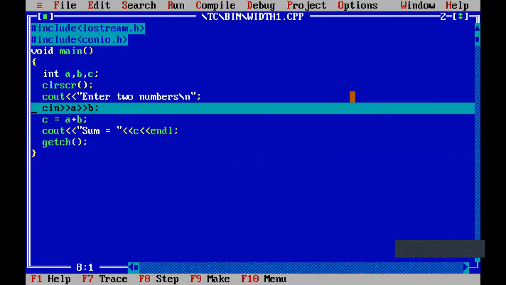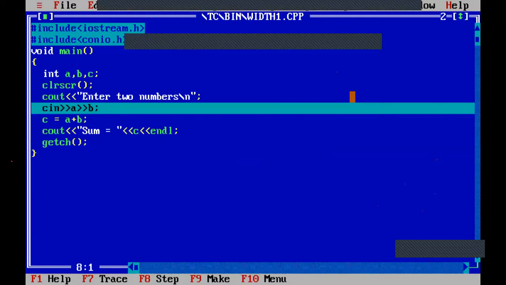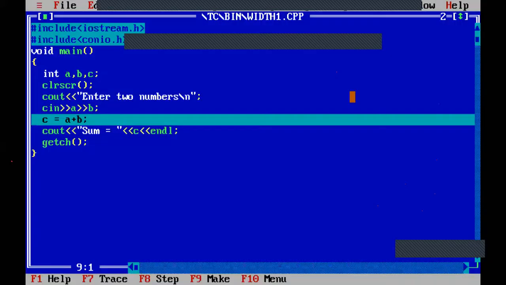Then whenever program control comes to the cin statement, I think it is visible for you, program control is highlighted on the cin statement. That is the program control. Whenever program control comes to the cin statement, it is taken to the output screen. That you have to remember. In the output screen, you have to enter the values. Say I am entering 11 and 11. Whatever values you have entered in the output screen, you can see them in the editor screen also.